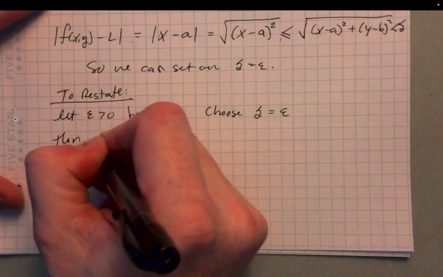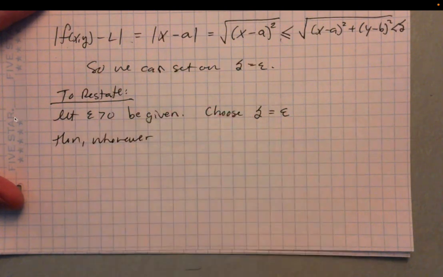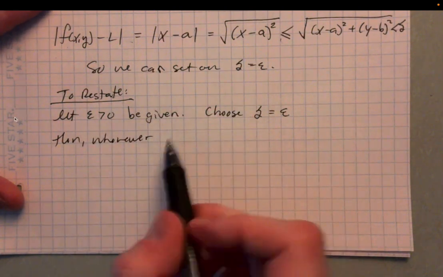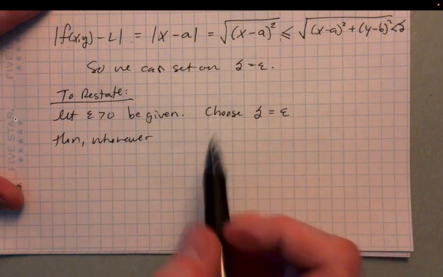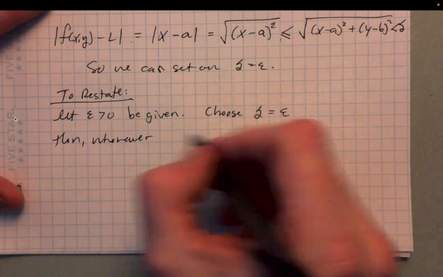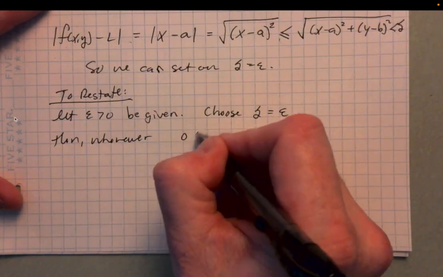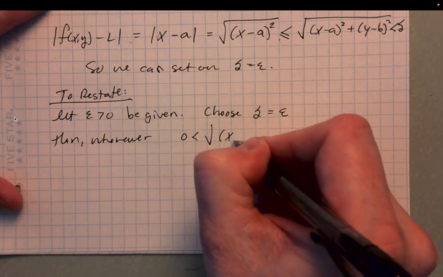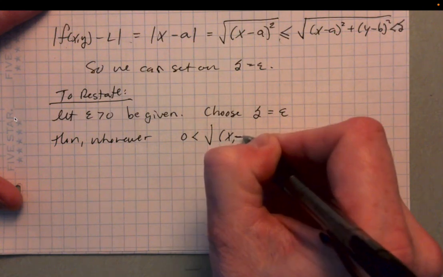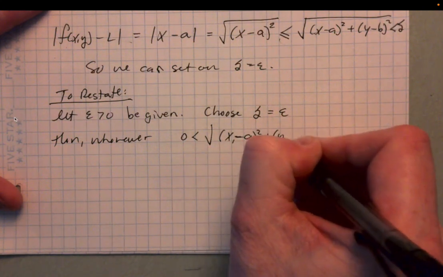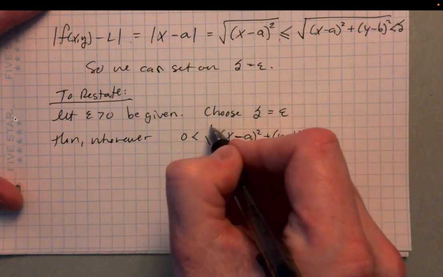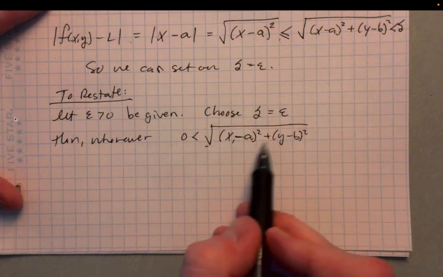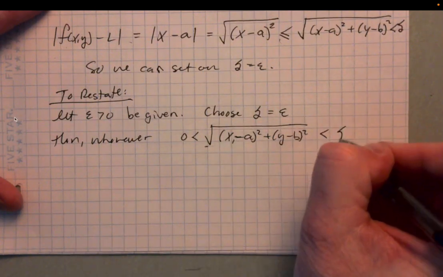So then whenever the point (x, y) is within delta, another way to say that is whenever 0 is less than the square root of (x minus a) squared plus (y minus b) squared, that's the distance between (x, y) and (a, b), whenever that's less than delta,